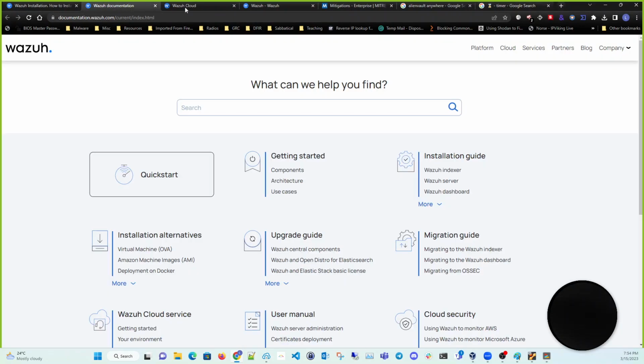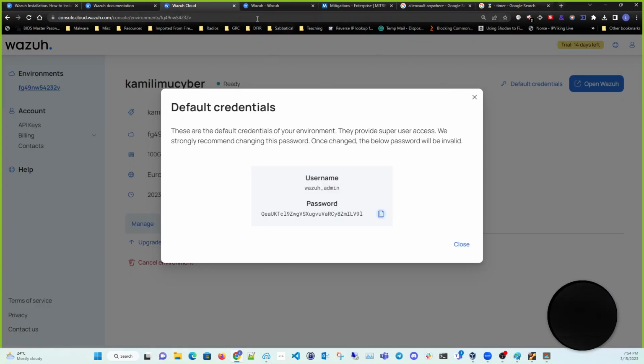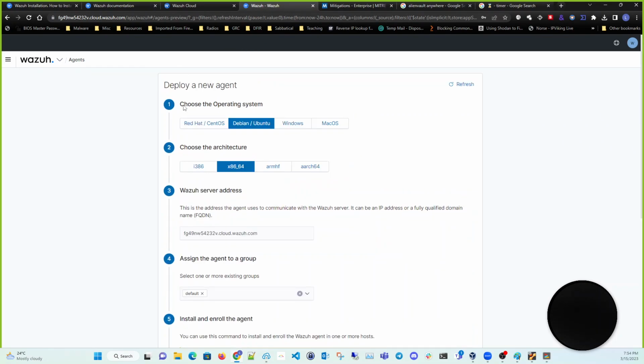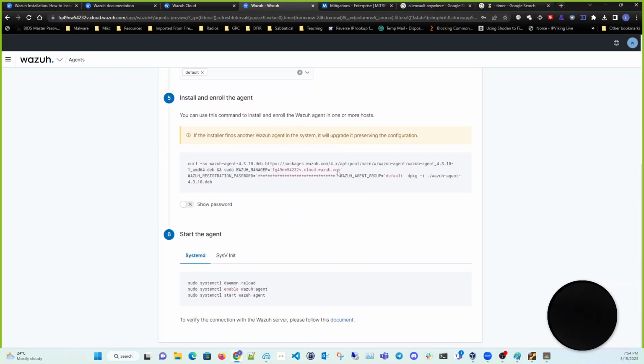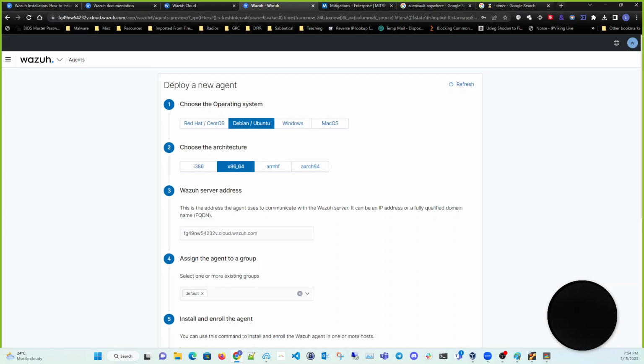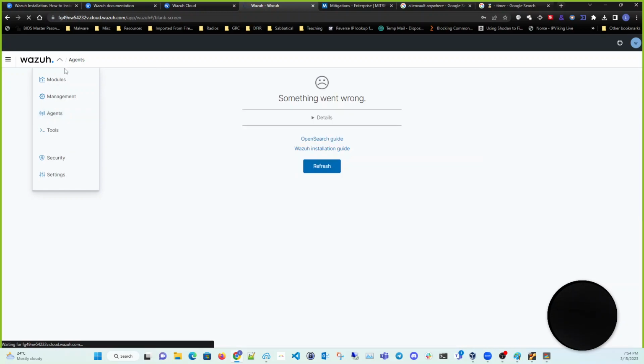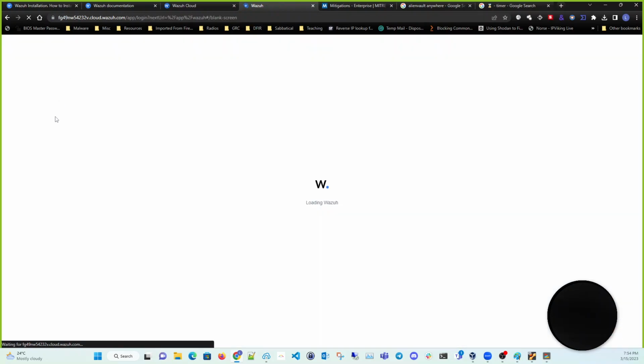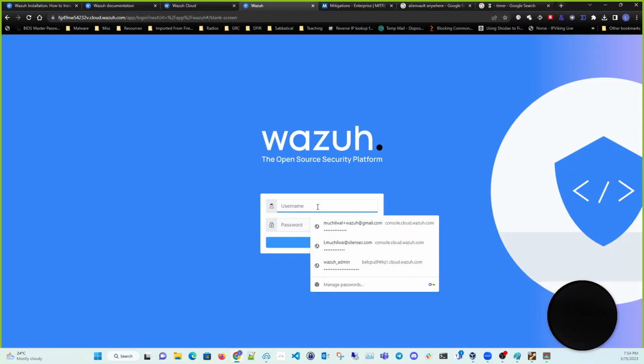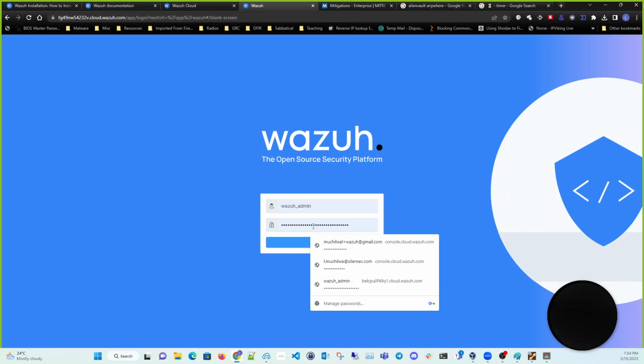Okay. So we have confirmed our Wazuh agent is running, and now if we come back to the agent, so if you go back to your Wazuh, probably this is the page you will be seeing. What you want to do is click on this drop down menu right here and click on agents, as my side loads. So as admin,